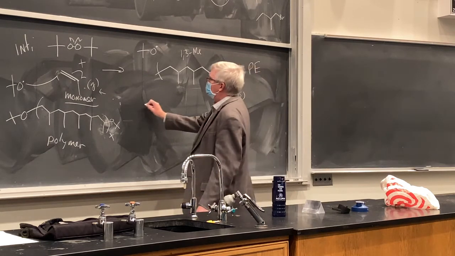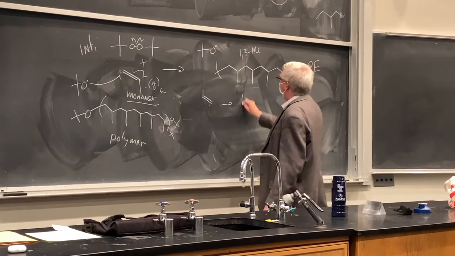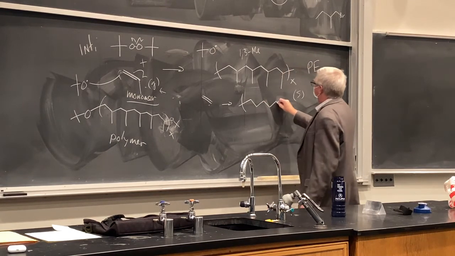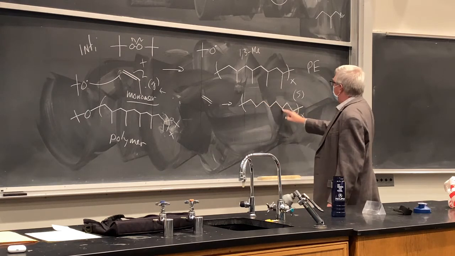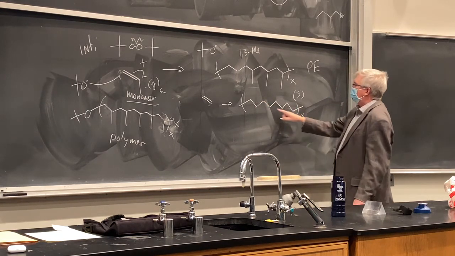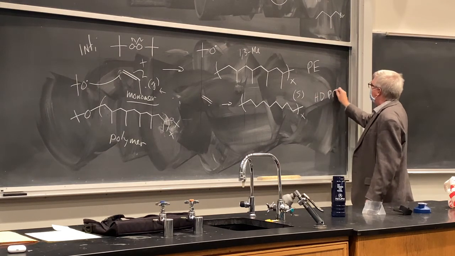Let's look at a couple other polymers here. So if we just have ethylene itself, what polymer is that going to look like? Well, it'll just be the straight chain, right? 1, 2, 3. Yep, there are 4 units there. It's just straight chain. And maybe you've heard about this high density polyethylene